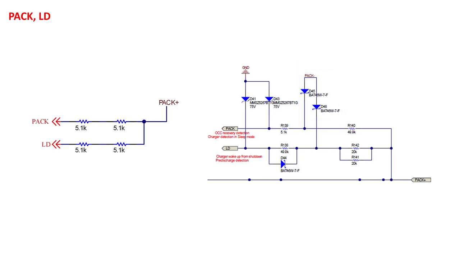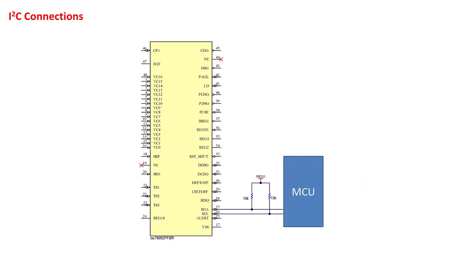Even though the recommended resistance for the PAC and LD pins is 10 kΩ, larger resistors are used to account for the larger expected voltage. The measurements can be compensated using the datasheet RADC in LD and RADC in DV parameters. The diode D44 is used to bypass R138, so that LD can follow the PAC+ voltage quickly when it is disabled due to an overcurrent or short circuit protection triggering.